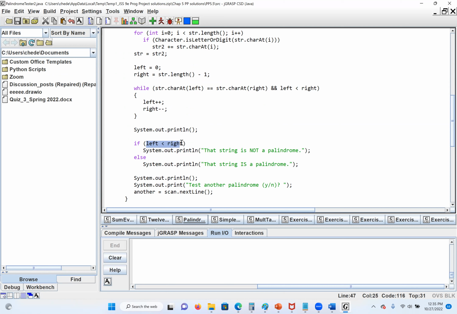If left is still less than right, it means we still have some characters that we didn't check. Because they are not the same, we come out of the while loop. So that's why we're going to print that it's not a palindrome. But if this condition is false, that means it's a palindrome, which means we went through all the characters before we